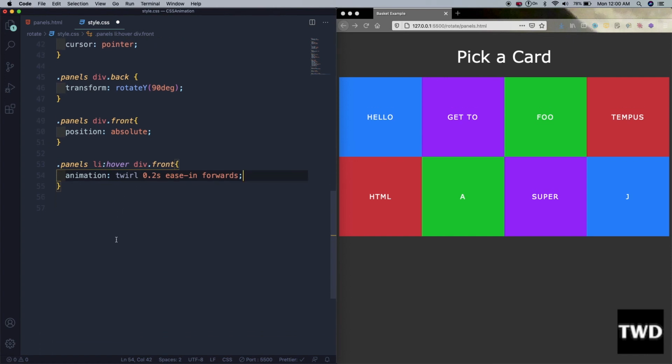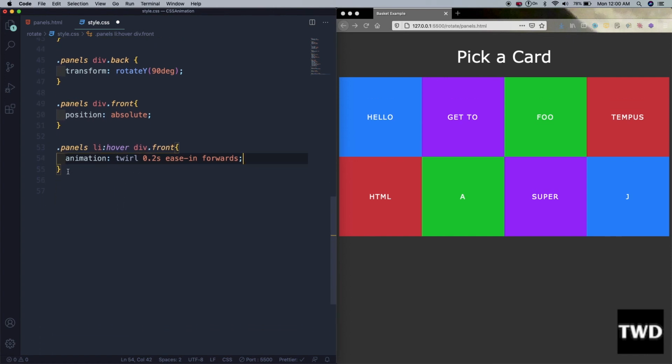Similarly, panels ally hover div dot back, again it will have the twirl animation, 0.2 sec ease-out forwards and reverse.